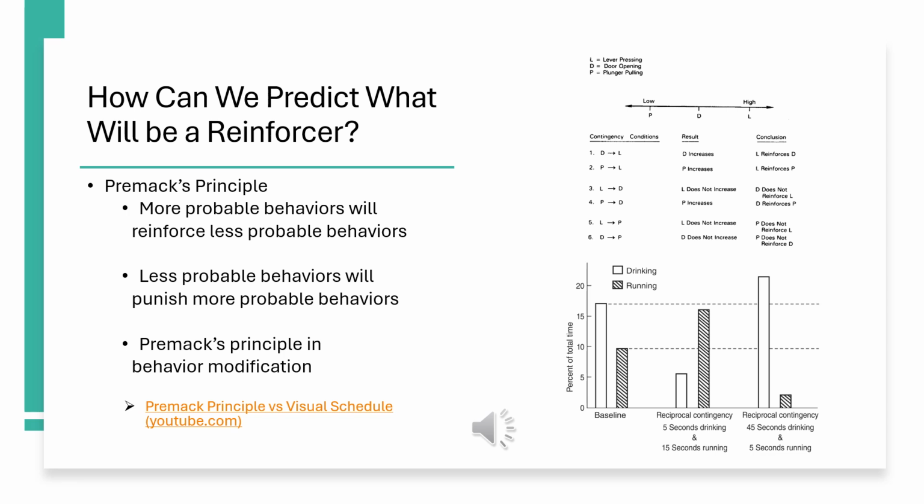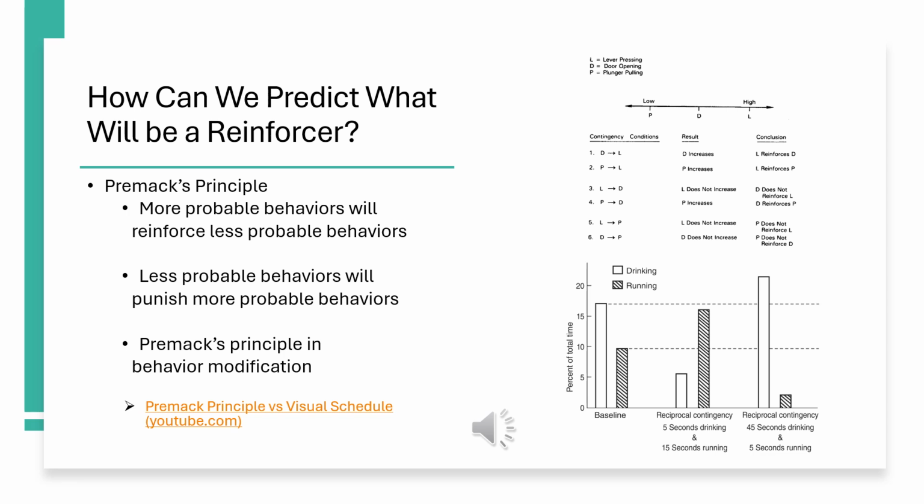Every person has a unique ranking of behaviors that's based on preferences or likelihood. High probability behaviors are activities that are naturally enjoyable or frequently performed. Low probability behaviors are tasks that are less desirable or frequently avoided. And so the application process, by offering access to a preferred behavior or reward that's contingent upon the completion of a less preferred behavior, then the likelihood of performing that less preferred task increases. So we see this a lot in classrooms, therapy, parenting, as well as personal productivity too.